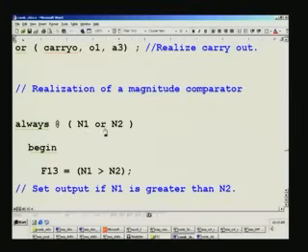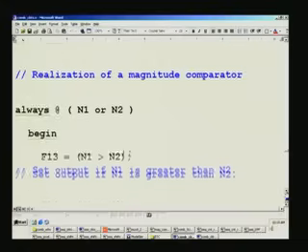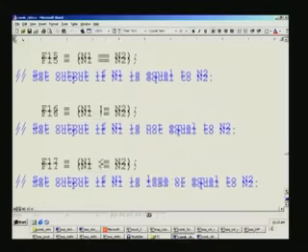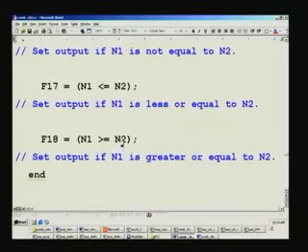Depending upon N1 or N2 it is the always block we had used. So it is a simple assignment as depicted in the picture on the slide, and that is what you have up to F18, which is greater, exactly the same as what you have seen on the slide. And coming back to the waveform for this, we have here